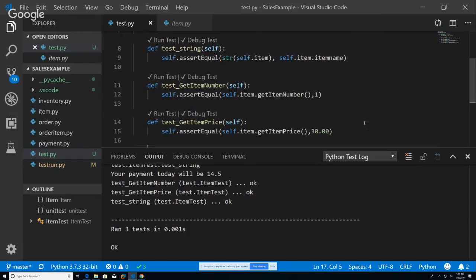But you see how easy the test could be. And again, if they're not passing, we can come look. It's probably some typo somewhere. But we tested the string, we tested the item number, we tested the price. Those are things for item. And then if you want to change it to another thing, let's do